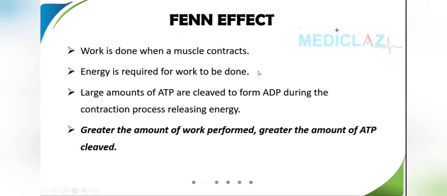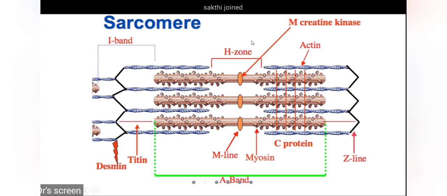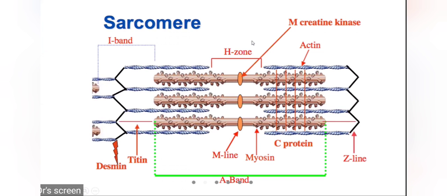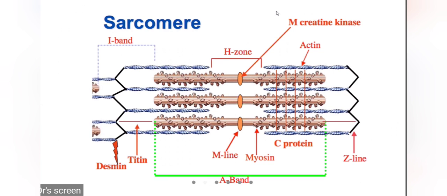Okay, fine. Next. So we are almost approaching the 40-minute session limit. So this will automatically get cut off in 5 minutes. So what we can do is we can end this session and start a new session and finish off the rest of the things. So it will be easy for you. So I will stop here, end this session, and send you the ID again so that you can log back in within a few minutes. I will give you 2 to 3 minutes. You can log back in again.